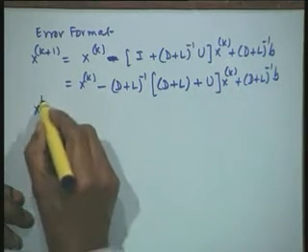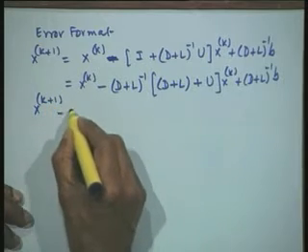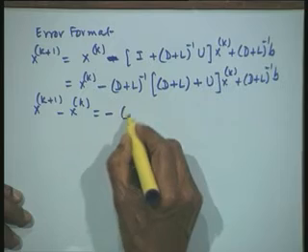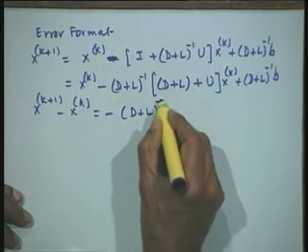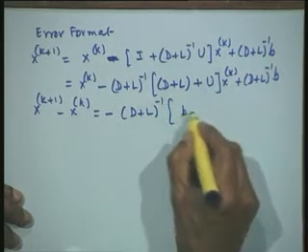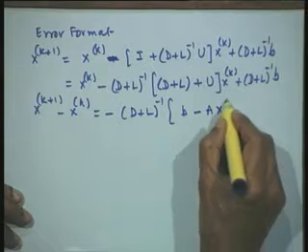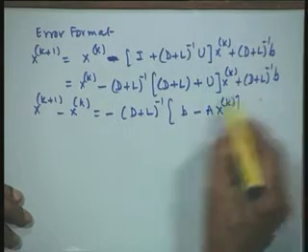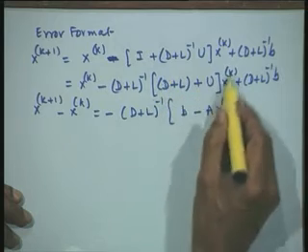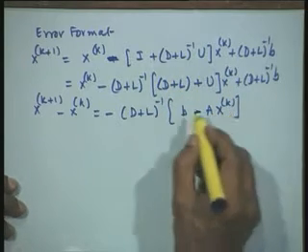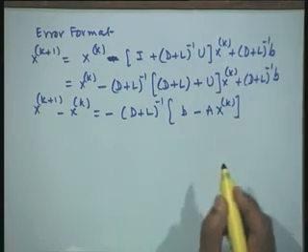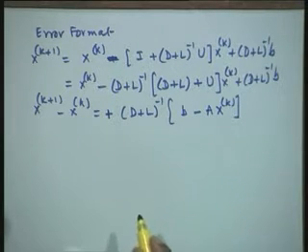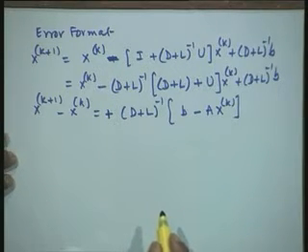Therefore, I can bring x^k minus x^k to the left hand side, so x^(k+1) minus x^k is (D plus L) inverse of b minus A x^k. I have taken (D plus L) inverse common on the left. So I have b here and this is our A x^k. Okay, we will put a positive sign here.